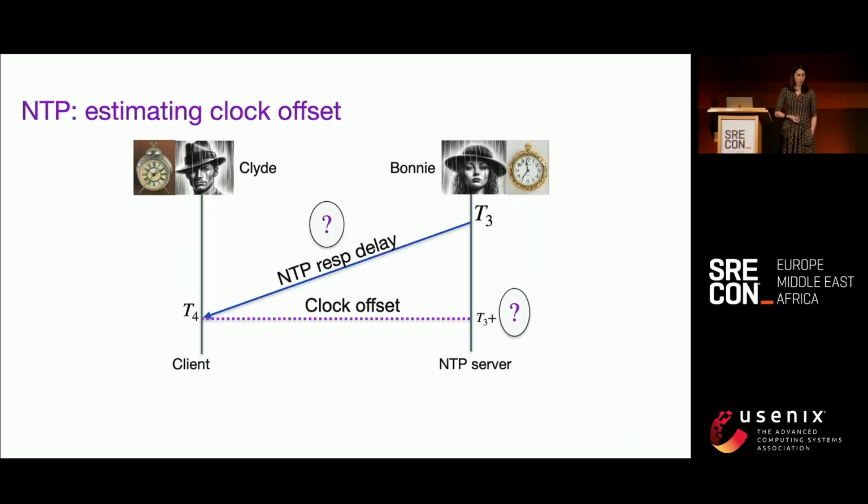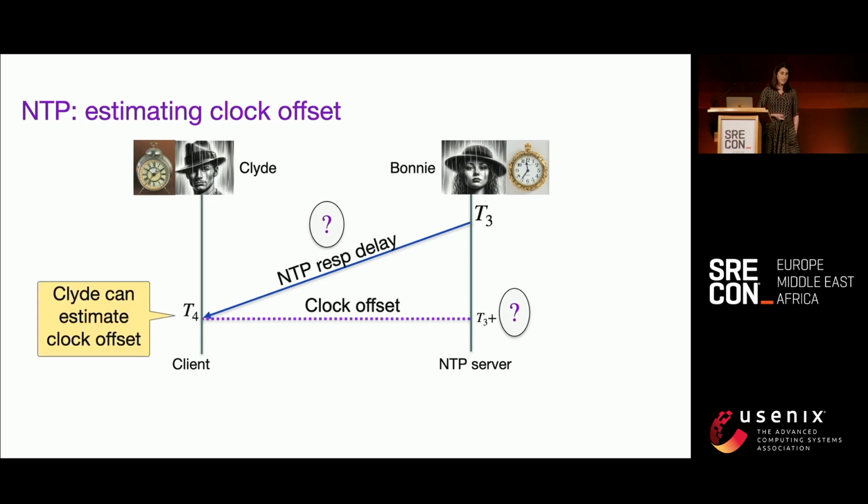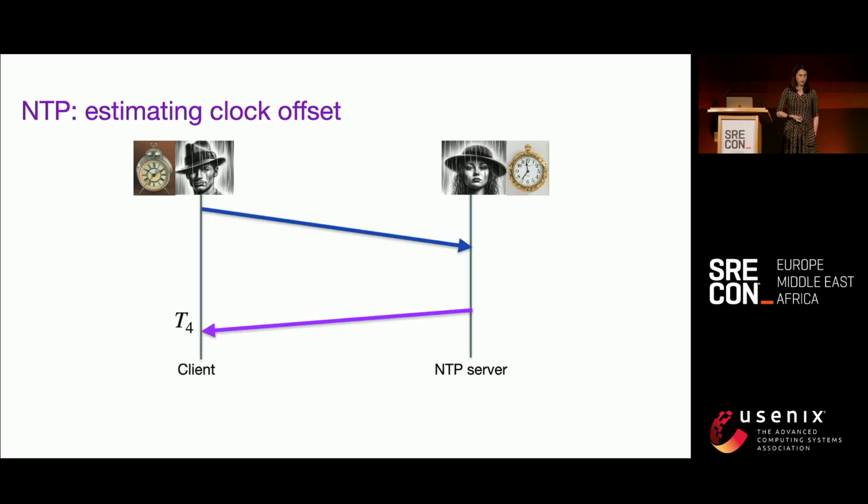And at time T4 is when Clyde is going to estimate that clock offset. What he needs to know is how long the response from Bonnie took to get to him over the wire. Then he can just take the difference of T4 and T3, which is Bonnie's response send time plus that response delay. Now in NTP, there's no way to estimate one-way delays, but we can estimate round-trip time with those 4